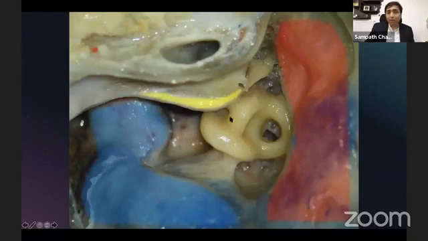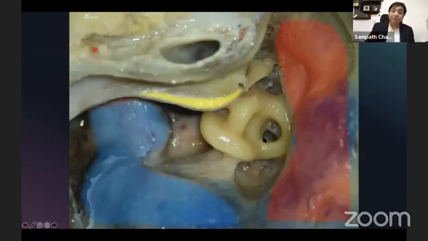I told you I like this point between the facial nerve, the ampullary end of the posterior semicircular canal, and the non-ampullary end of the lateral semicircular canal. I always tend to drill it and explore this a little bit to delineate the facial nerve nicely, because if I drill in this area, I am sure that I have hugged the facial nerve all along. Here anyway you can easily hug it, but this is where it gets a little confusing. But staying in this point, I can hug the facial nerve and not leave behind a chunk of bone which will later on impede my vision or exposure of the fundus of the internal auditory meatus.